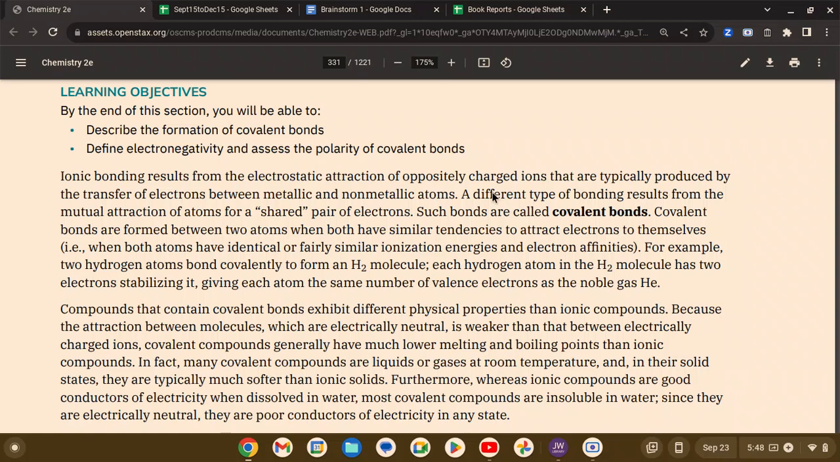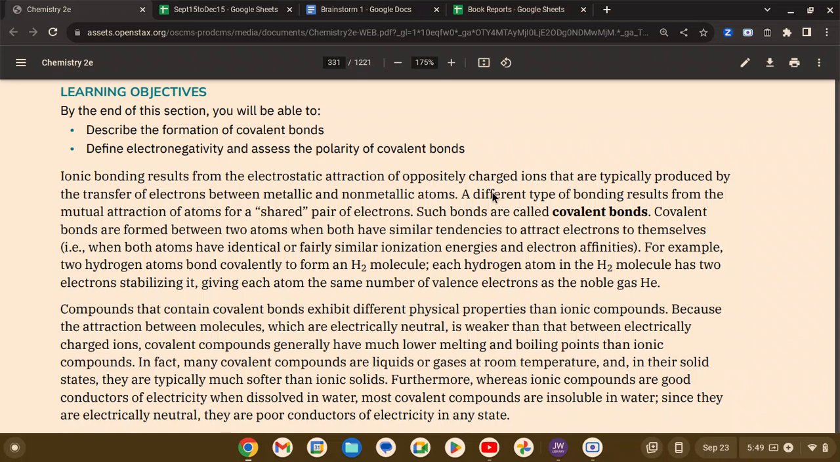Compounds that contain covalent bonds exhibit different physical properties than ionic compounds because the attraction between molecules, which are electrically neutral, is weaker than that between electrically charged ions. Covalent compounds generally have much lower melting and boiling points than ionic compounds. In fact, many covalent compounds are liquids or gases at room temperature, and in their solid states, they are typically much